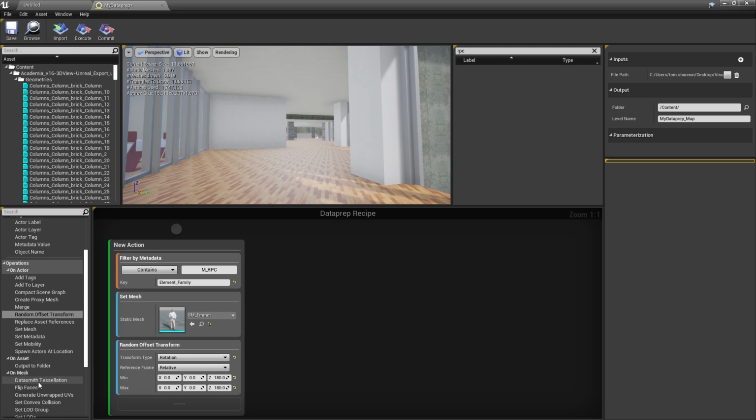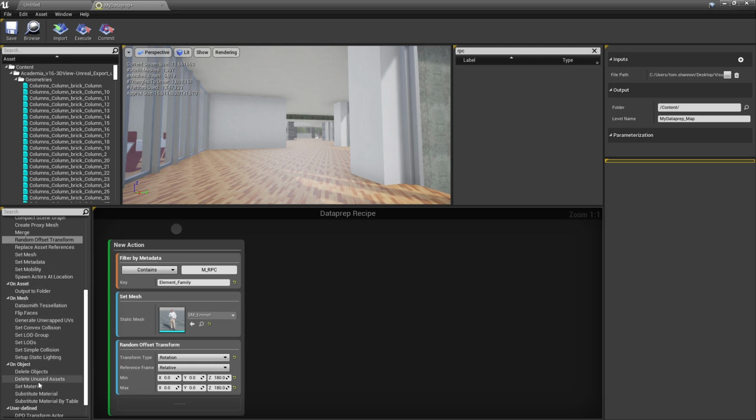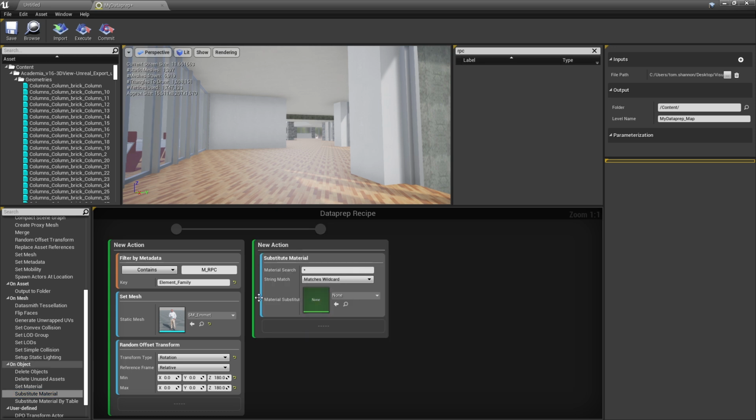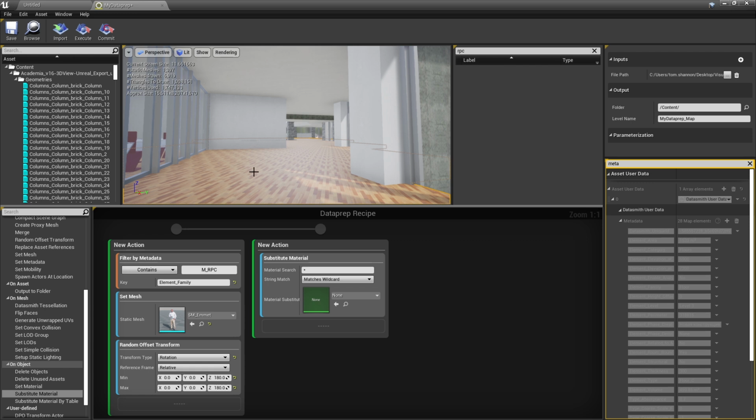We have a couple of nodes that can help with this. The first one is simply substitute material. Substitute material searches anything that you pass into it, in this case the entire scene, and it looks for a search, and when it matches it, it'll replace it. For example, let's replace this wood floor.